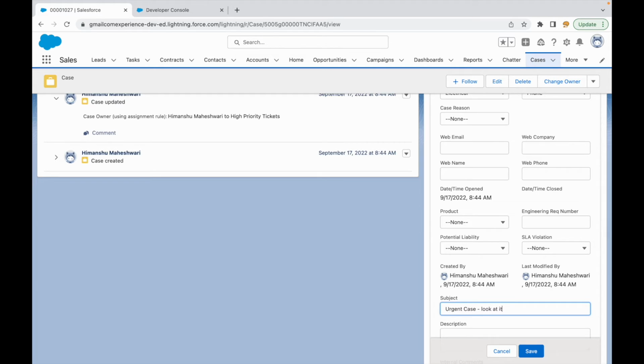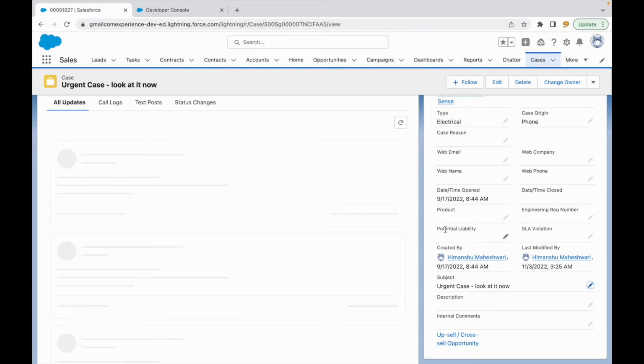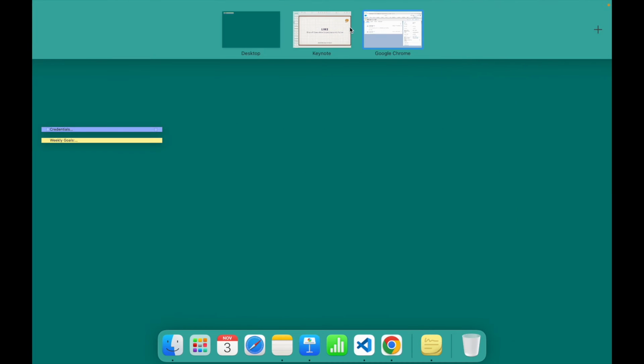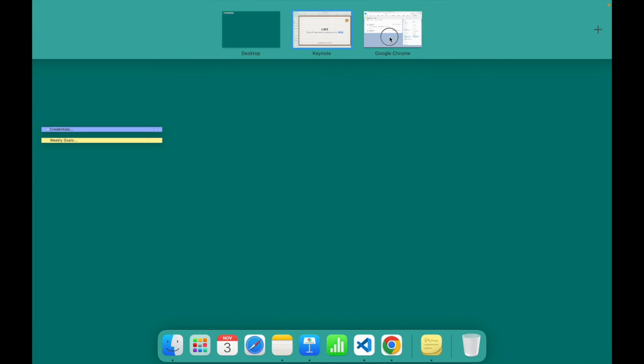Look at it. Now this could be the subject of a case, right? But now here the question says you need to find all cases where the subject starts with follow. Now it's not equal to where name is Jane Grey. No, it is not that. It says where the name starts with Jane, or maybe the name starts with a J. Similar to that, show all cases where subject starts with the keyword follow, which means if I were